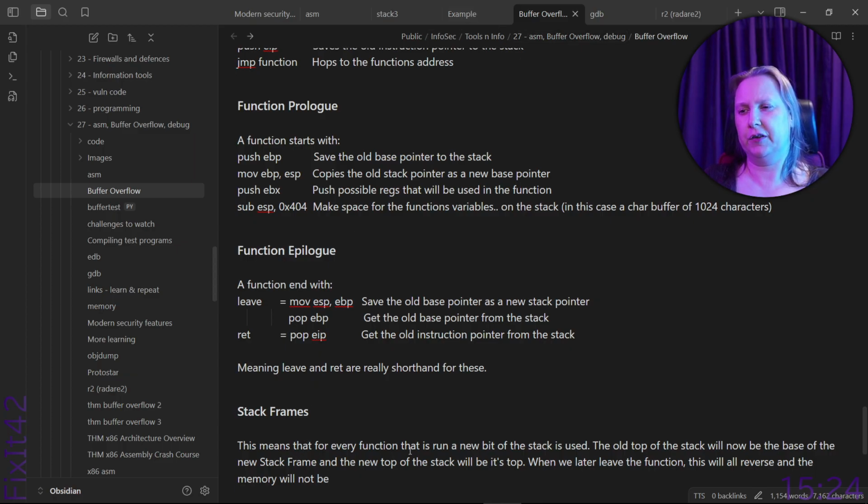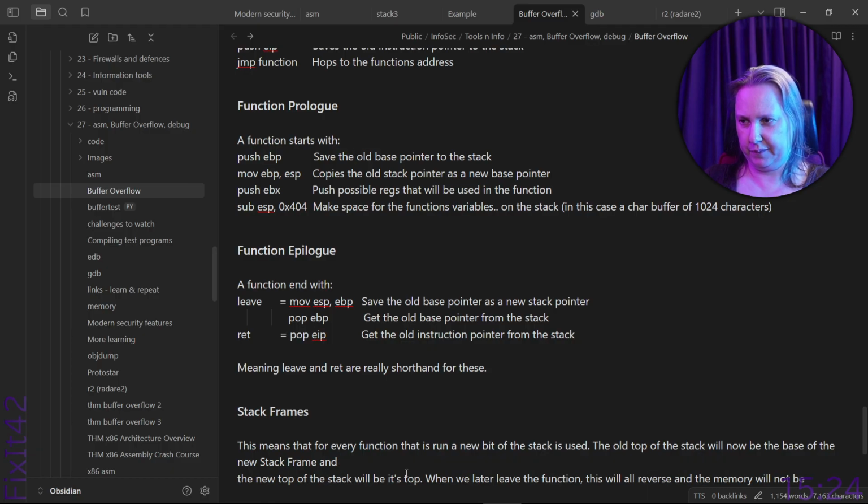This means that for every function that is run, a new bit of the stack is used. The old top of the stack will now be the base of the new stack frame, and the new... this is bad. It's not easy to understand. It's too much top and old and new and bottom. The old top of the stack will now be the base of the new stack frame,